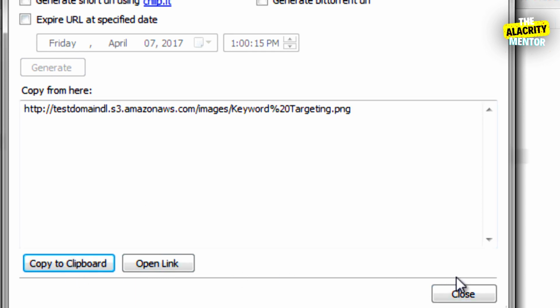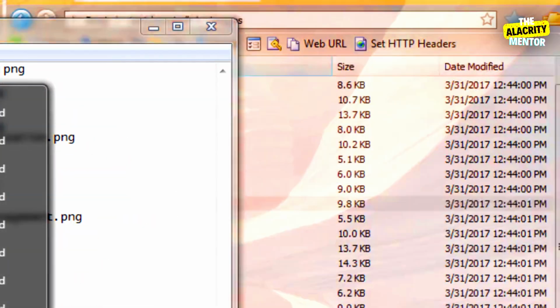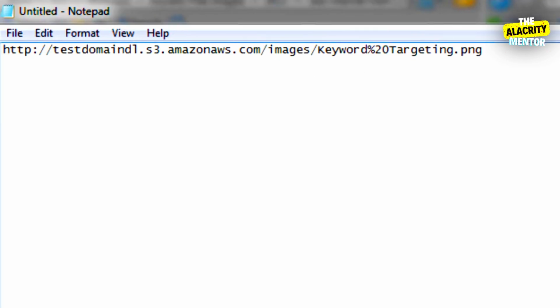So I'm going to copy this to the clipboard. I'm going to go over here and I can just copy it here. And that's as simple and easy as it gets. You can take this URL, of course, you can go to your WordPress site, you can enter it into a link. If it's a zip file, you can create a link, you can create a download page using an HTML editor or WordPress, and that's how easy it is.